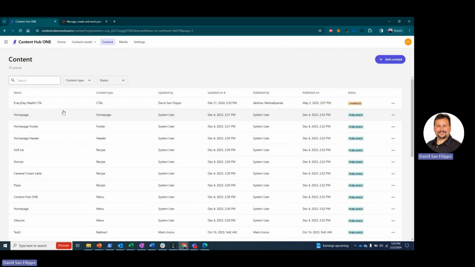Today, we're going to give an overview of generative AI features as they exist in the Sitecore composable platform today. There are two places that we're going to show. One is Content Hub One, and the other is Sitecore Send, both of which have already integrated generative AI into their platforms. But it's probably a matter of time before we see this in XM Cloud, maybe some of the other solutions out there. So we're going to start with Content Hub One,